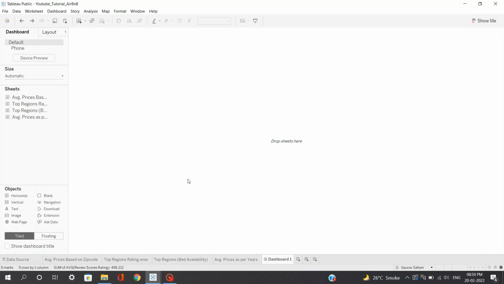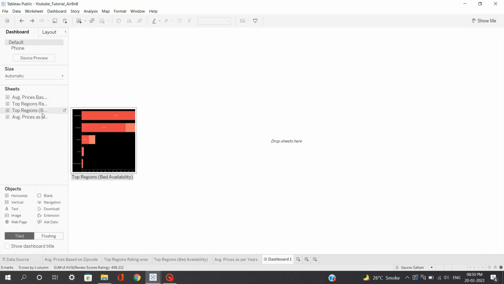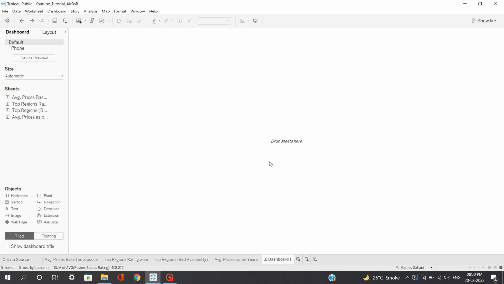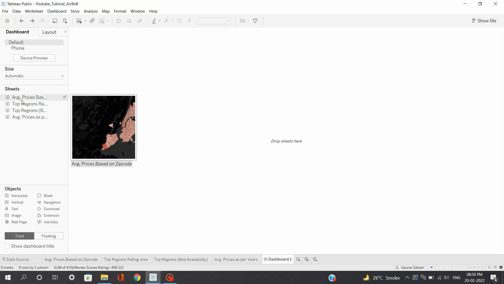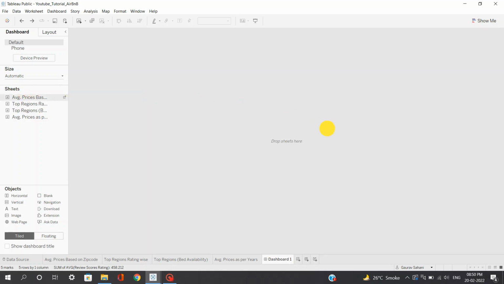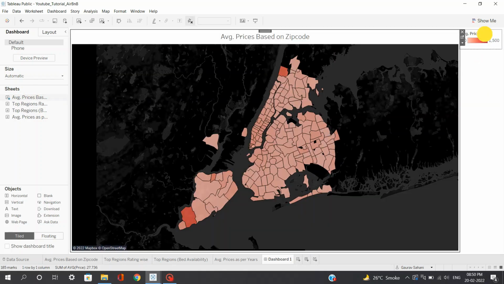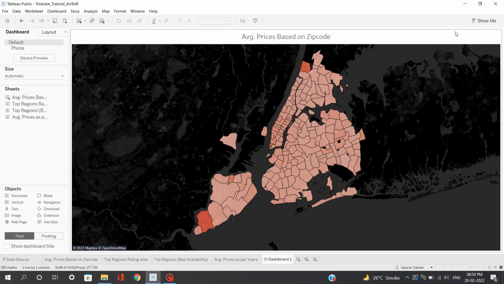Now let's first consider the placement of all these 4 sheets into just one dashboard, and later we'll be looking at bringing our interactive filters into action. So firstly, I'll bring this map visualization onto our dashboard. Now here I'll be avoiding these legends, we'll be adding them later once the placements are done.